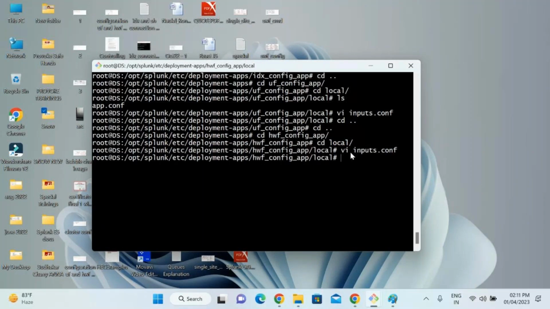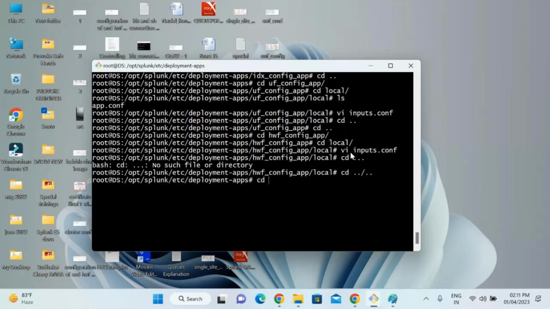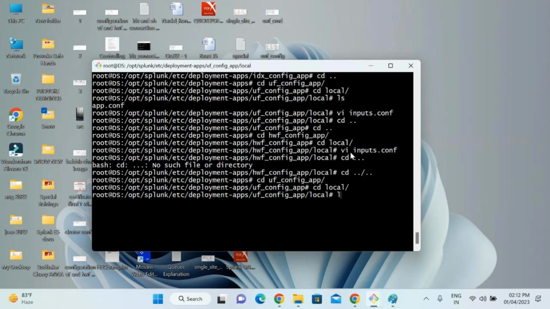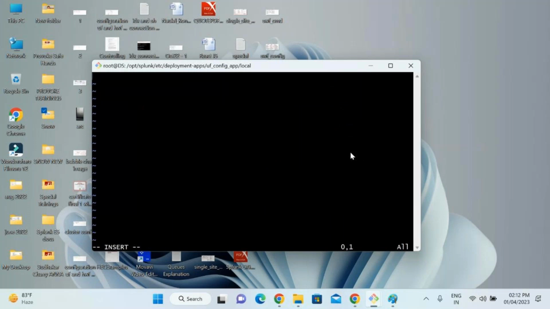Now outputs. Go back. cd UF config app, cd local, and then inputs completed. Now the outputs.conf file. Insert. What is the outputs.conf file here? In the outputs.conf file,